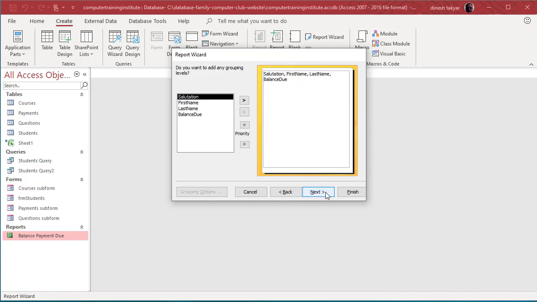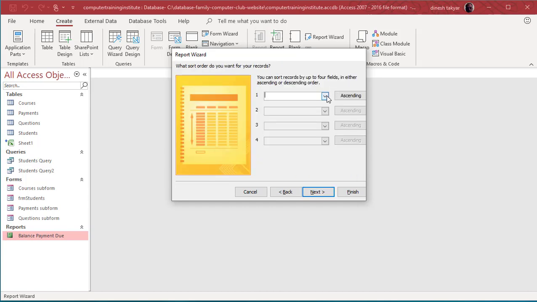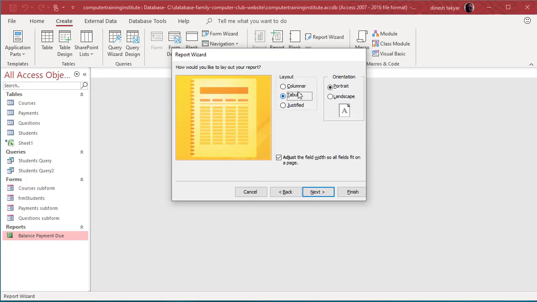and we'll go to next, and this is how the report will look like. So we'll say next, and we can also do a sorting here. For example, let us say by first name or last name. So we'll do it by last name, and we'll go to next, and it'll give us a tabular layout.